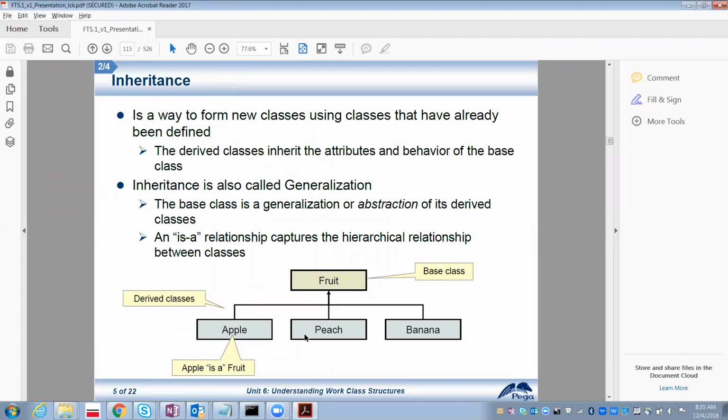So these classes will have the properties from the base class as well. Inheritance is also called generalization. Here we have generalization and specialization. Generalization means the common attributes or common functionality will be placed in the base class, that is the parent class, so that general functionality can be accessed by all the derived classes.